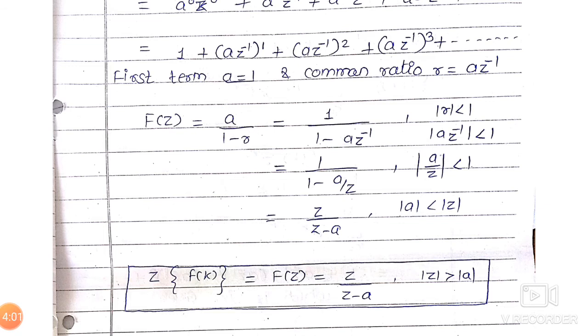So likewise, you can easily find out the z transform of any standard function. And students, try to remember the formula. When the sequence is in GP, you can easily write its sum, and its sum is given by a upon 1 minus r. So we require the value of a, the first term, and r, the common ratio, and the sum exists only if modulus of r is less than 1. So here r is nothing but common ratio.